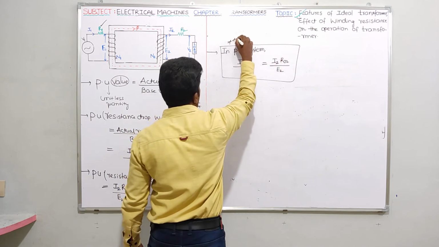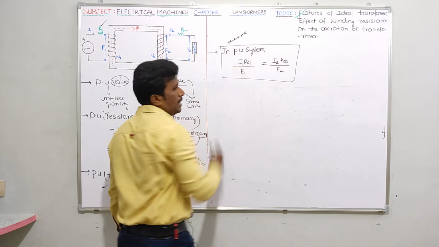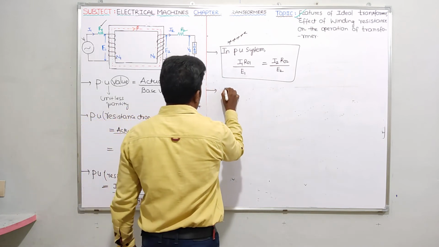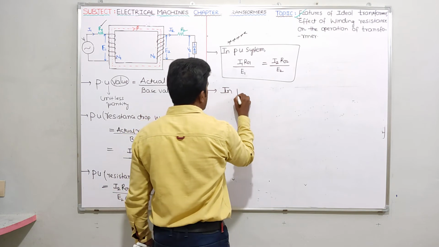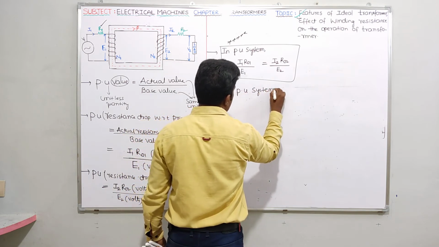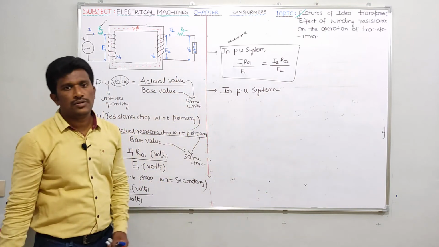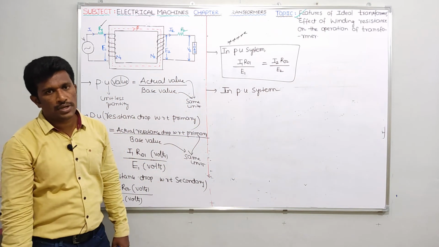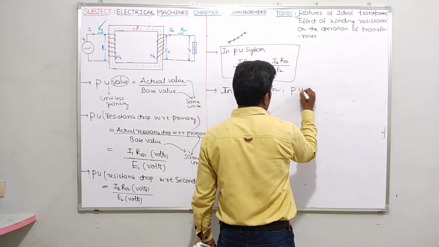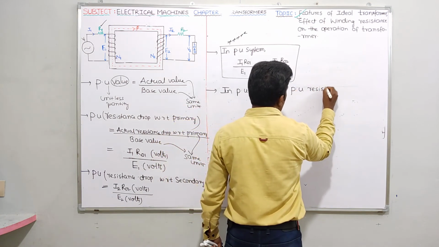You should understand, this is very important. Okay. Next guys, one more thing I want to ask here. See, so in per unit system, one statement I'm just going to write here. This will come in power system for you. One separate topic, one separate chapter is there for you: per unit system. In per unit system, per unit resistance drop